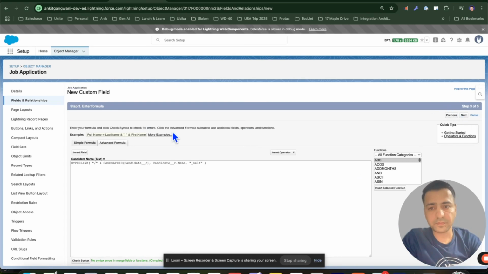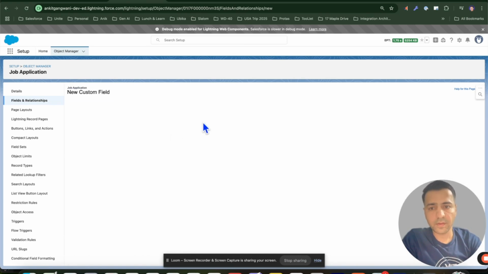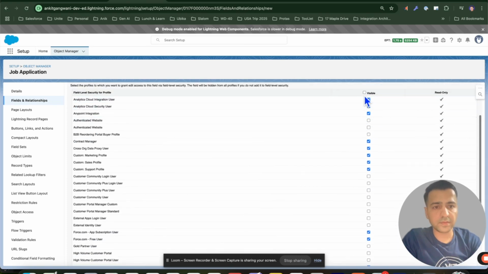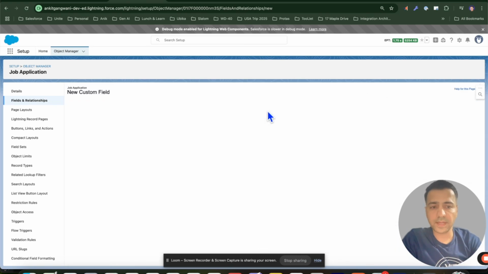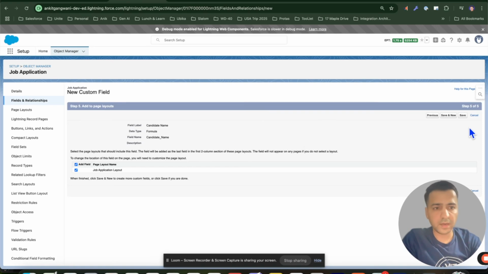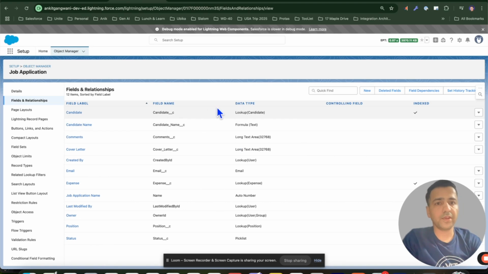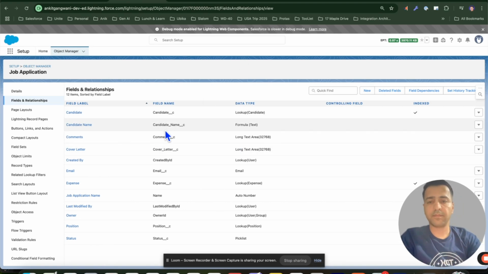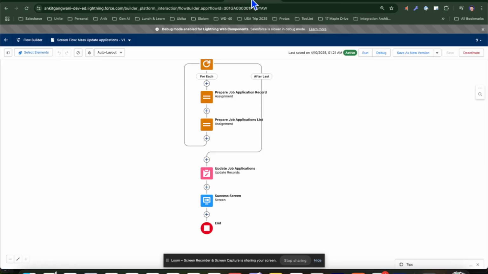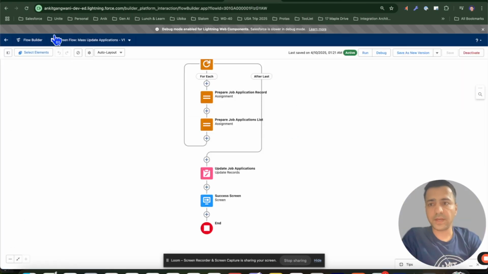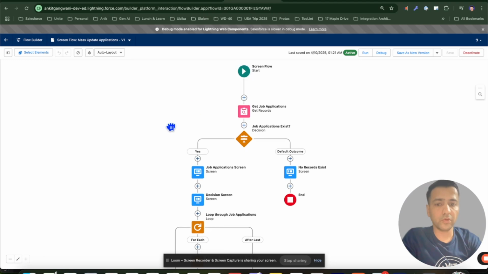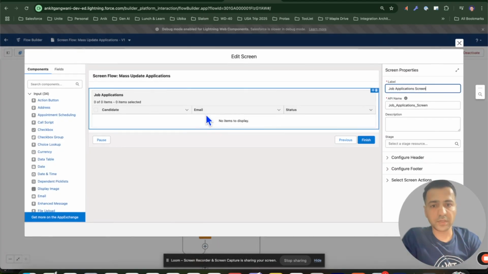Next, let's say visible to all for now. Next, edit into the page layout. Yes, save. So now we have this field. The next step we need to do is change the field name in our data table. So if I go to my data table and do a refresh, because I need to get the new field here. So let's go to the data table